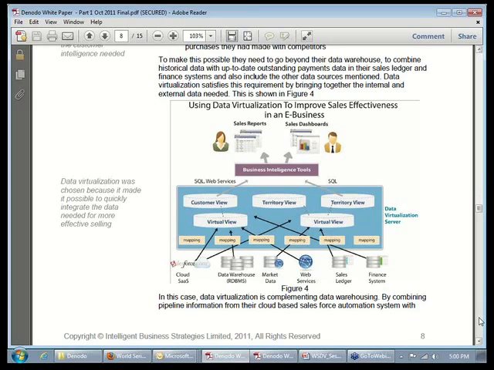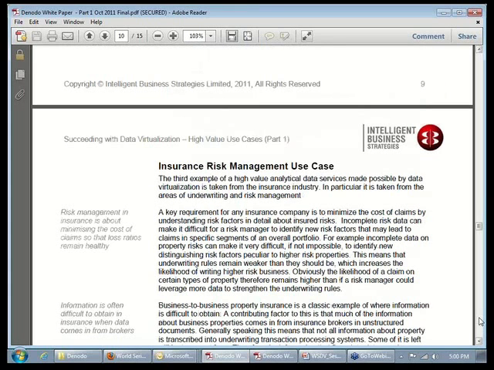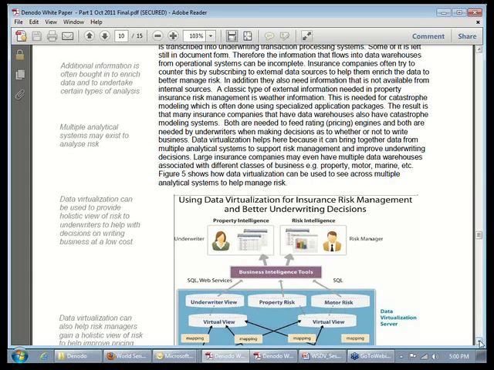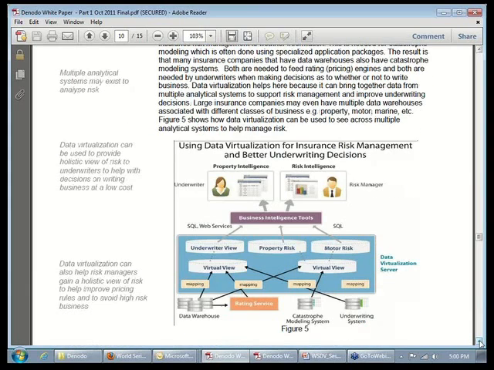My personal favorite in this paper is the third use case around insurance, because it has a depth and breadth that you will find hard to see in other white papers of this ilk. Mike has gone into the details of explaining how risk management in insurance and rating of different types of property, motor, and other risk can be fed in real-time to real-time dashboards for the underwriters of risk and the risk managers. So they're seeing the complete picture, the 360-degree view of all aspects and information, from catastrophe modeling systems to past experiences in the data warehouse to other input services, and how they take that into account in pricing risk correctly